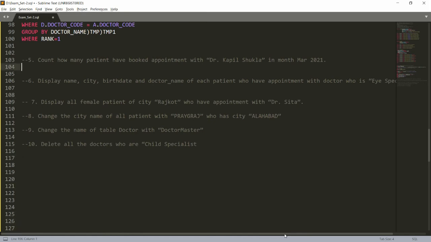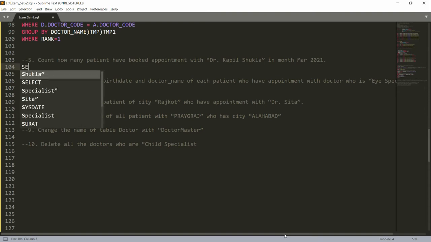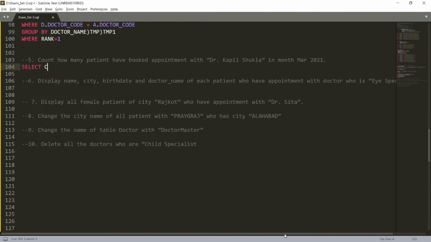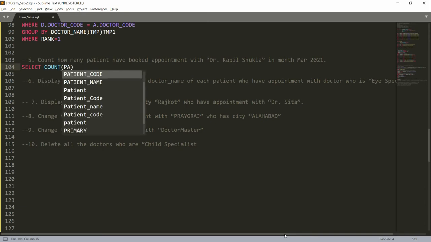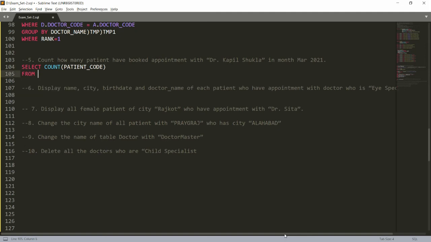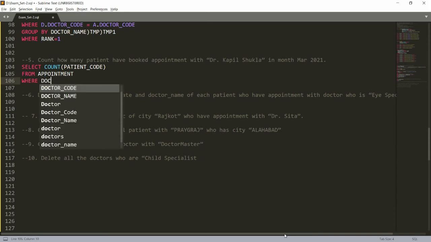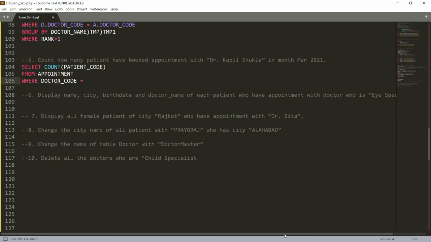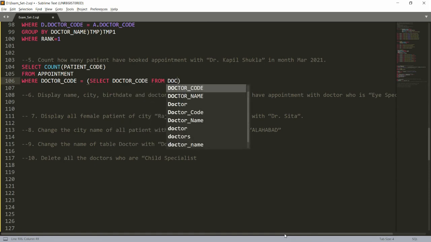Now, I want to count how many patients have booked an appointment with Kapil Shukla in the month March 2021. So I want to count the number of patients. You can simply write select count of patient code from appointment